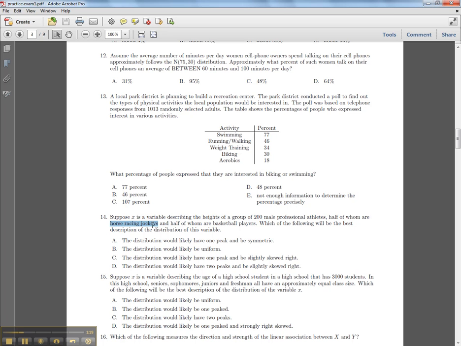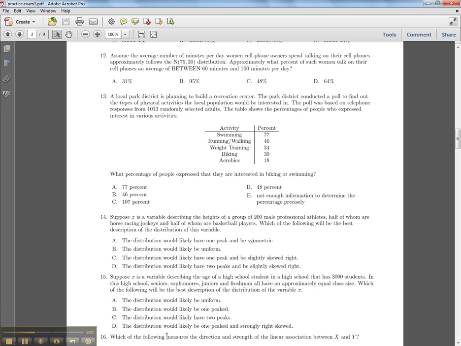Oh, a thing you need to know about horse racing jockeys. They are shorter people, and they're typically shorter because they ride horses a lot faster. I'm not entirely sure why, but if you follow horse racing, you just know horse racing jockeys are shorter. Maybe it's an aerodynamic sort of thing. Basketball players are a lot taller. So if you're taking the average height of 200 male professional athletes mixed with racing jockeys and basketball players, you're going to find that the mean of heights is going to have two different peaks, right?